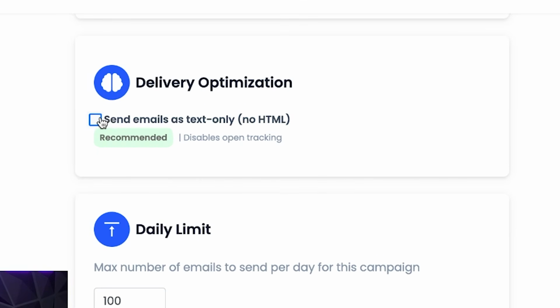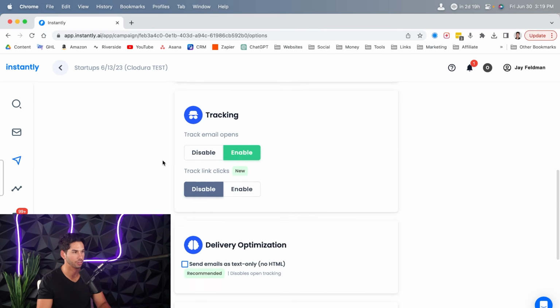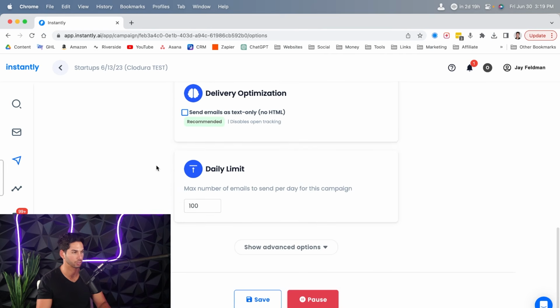and remove all HTML. This is different than a lot of other sending softwares that don't allow you to do this. How I recommend that you use this is once you have been running a campaign for say 6 months, you're tracking everything, you know what copy works, you know what links work. Now you can select this and it's going to turn all the tracking off, but it's going to increase deliverability